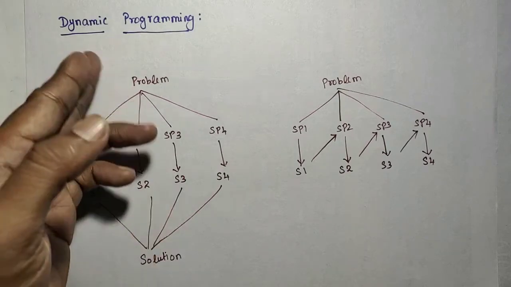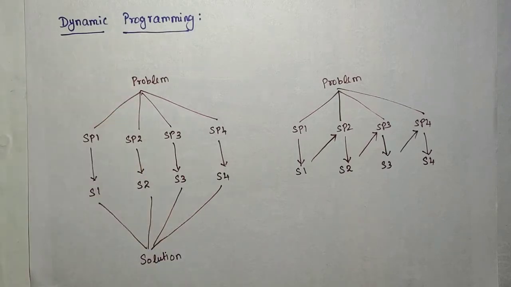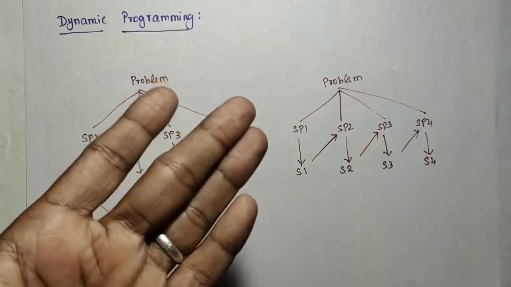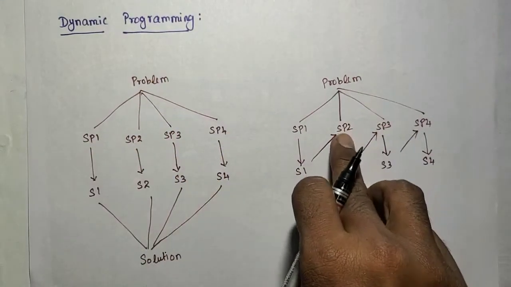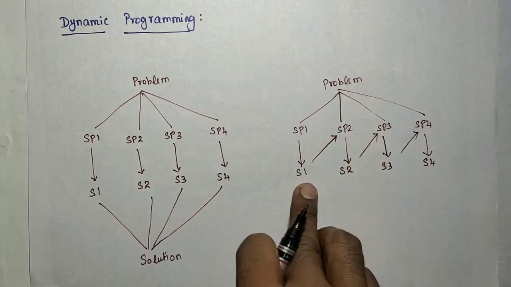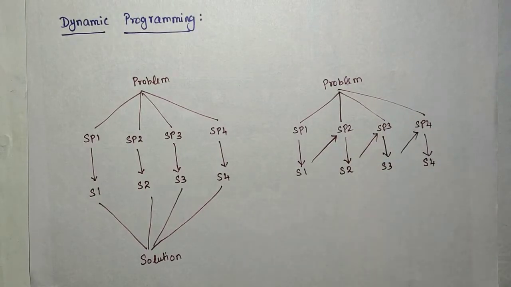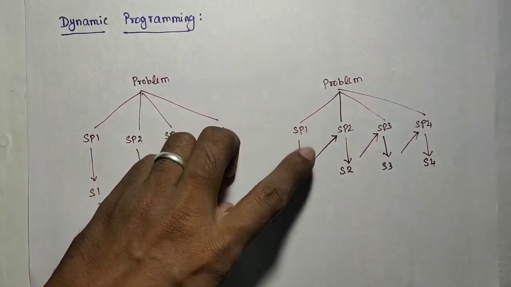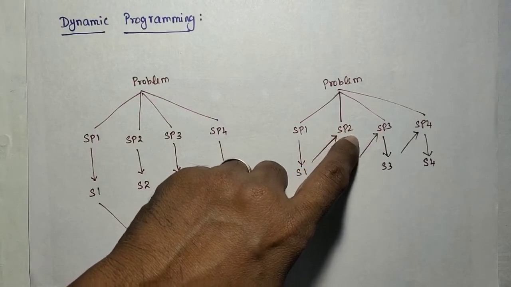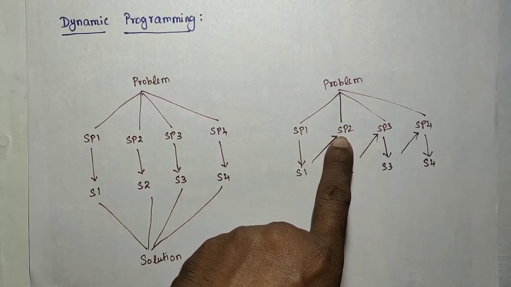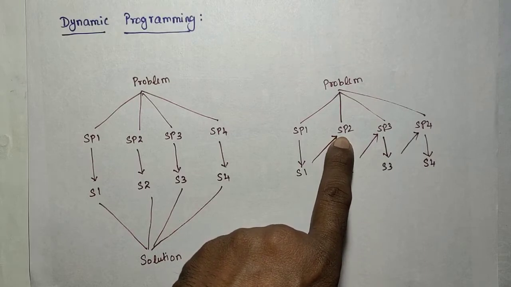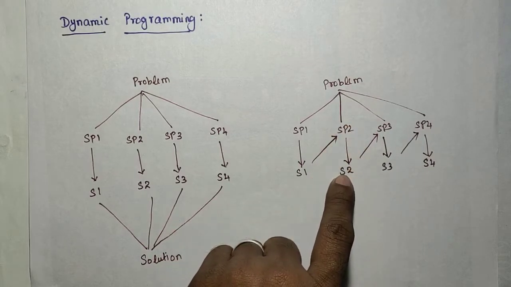So that is an approach for dynamic programming. Once the subproblem is solved, that solution will be maintained in the memory. So if subproblem 2 needs that solution, it will take it from the memory, instead of doing the recomputation. Again, instead of doing the same procedure again, it simply takes that solution from the table. So then it will solve it and find it.